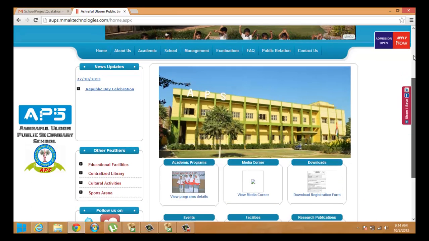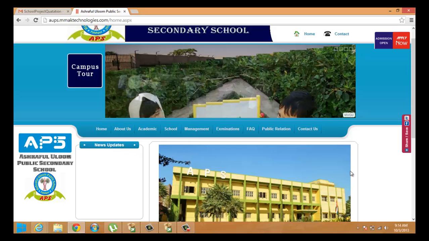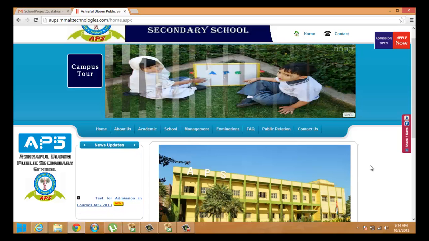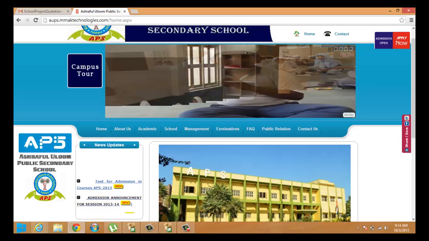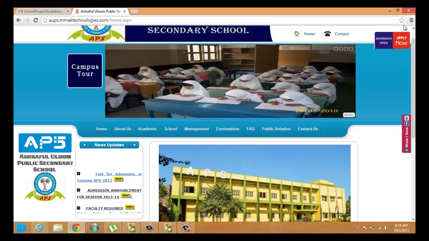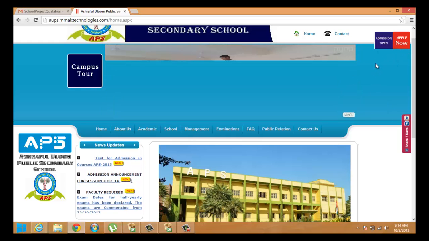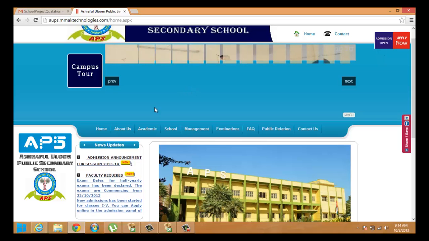Similarly, there is one more facility. You are seeing the photographs are loading very nicely and quite fast, and the user of the website doesn't seem to be provided a facility like that. Now we have provided an apply now section here for online admissions, and we have given a facility that admission is open here, so you can contact us and choose it.